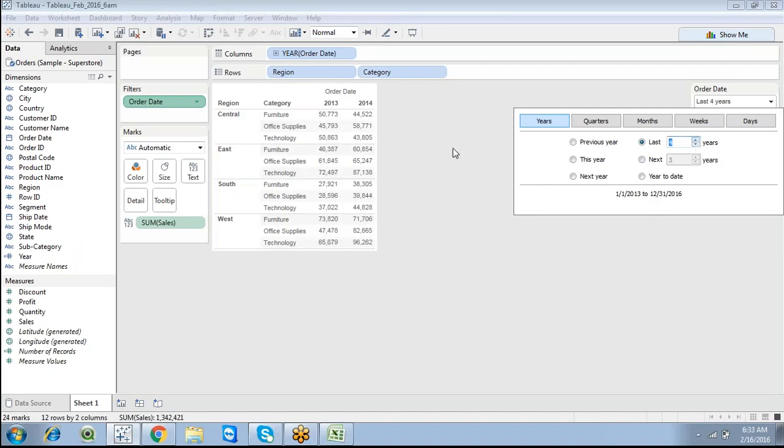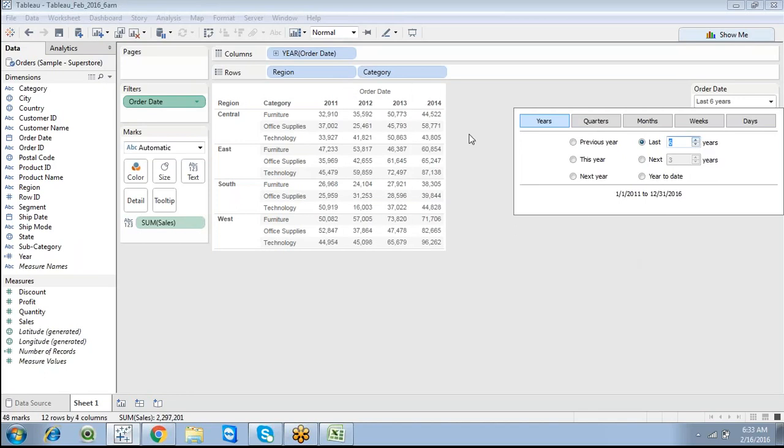Now you can see the last 4 years, right? So up to 2013, so 2016 to 2013 data. So you can go with the last 6 years of data. But in my database, I have data only up to 2014. So I want to customize some things. When it comes to this year, I want to showcase 2014 data as the current year, because my business data is from 2014.